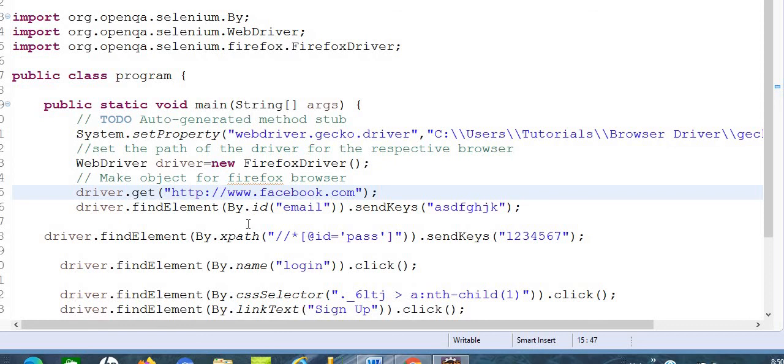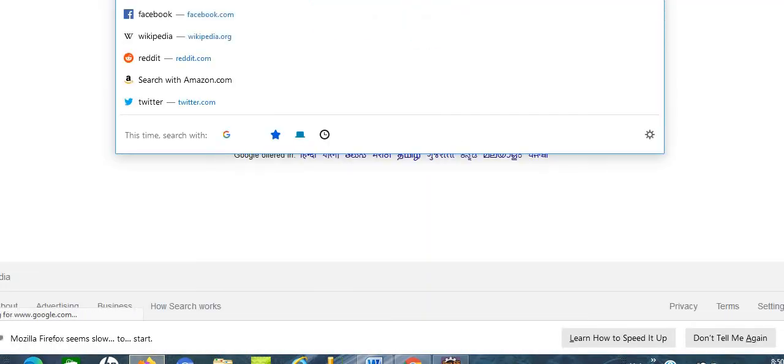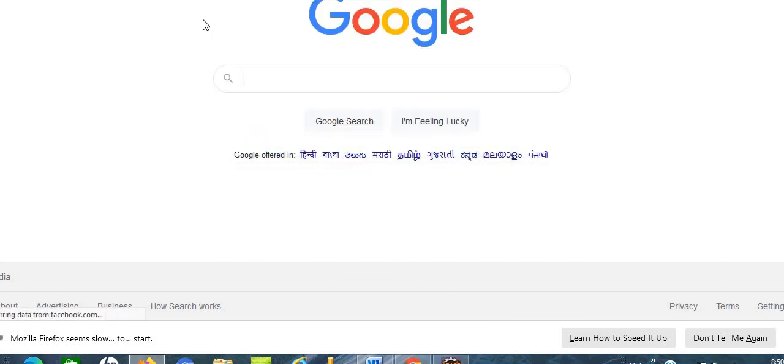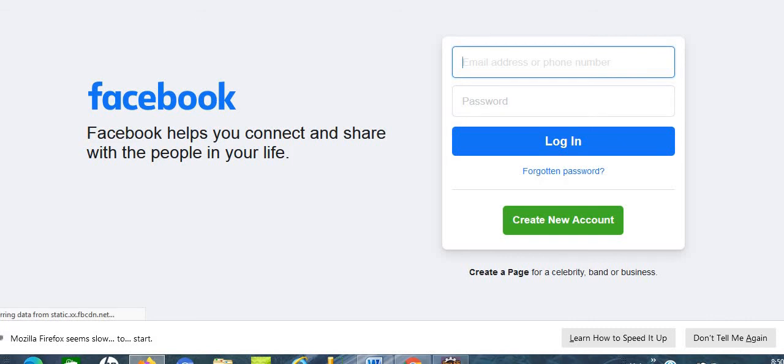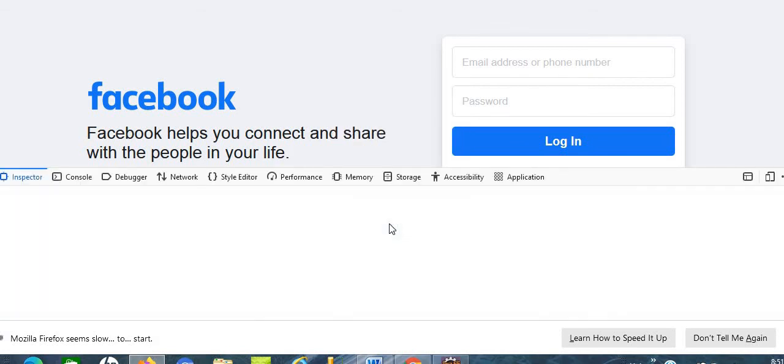So guys, just see, first I use the ID locator. You can just open Firefox Mozilla and open Facebook. I am just showing how to take the web element from the web page. Just right click and inspect element.